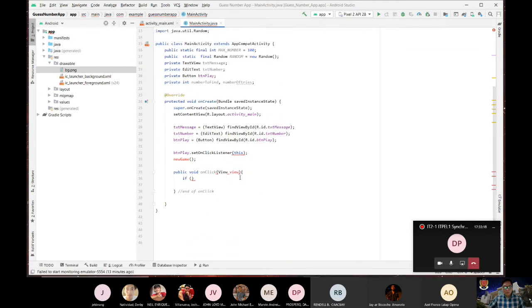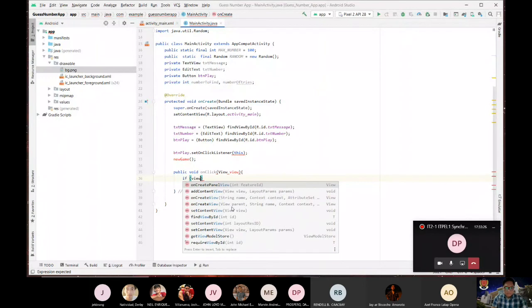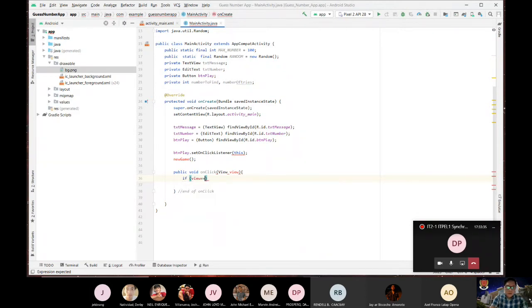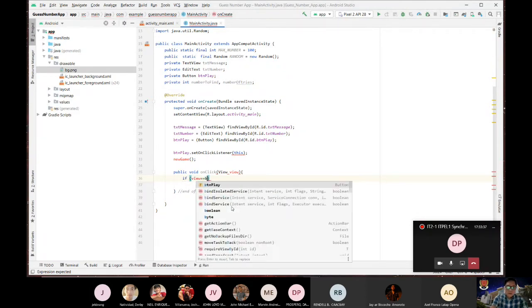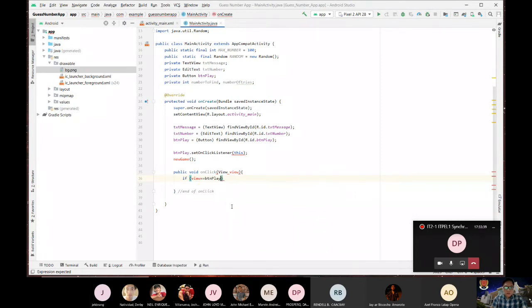So, view, small view. So if view is equal to btn play. Okay? So if that is equal to btn play, so gagawa tayo ng another, pasok lang natin dito sa loob is, let's say,